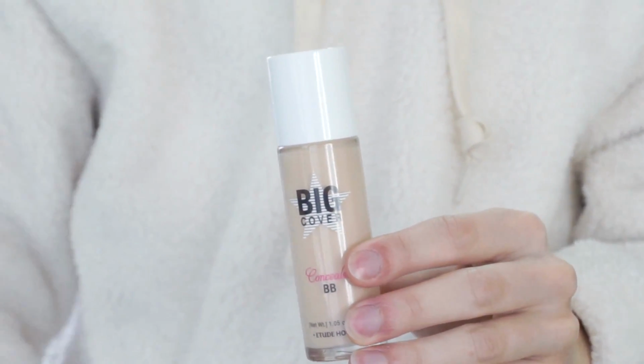This is not super new, but it came out within the last month or two, and it's the Big Cover Concealer BB from Etude House. They came out with a whole line of high coverage products, concealers, foundations. I have this and I have the Big Cover Concealer. I've already used this once or twice, so this first impression is going to be mostly on the